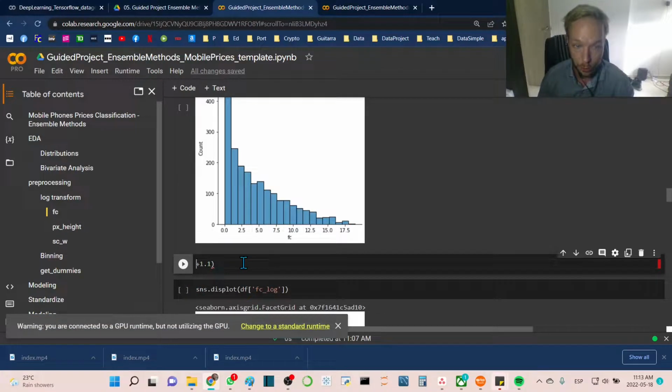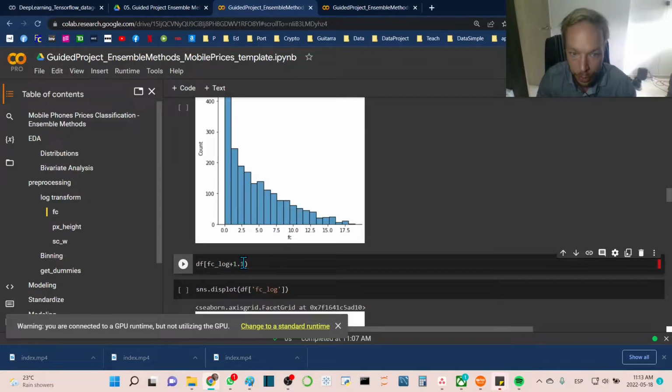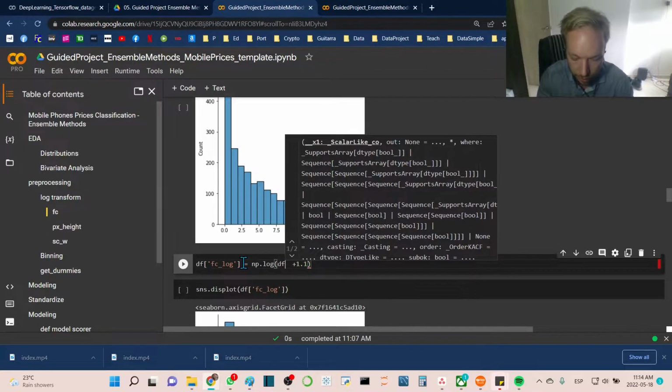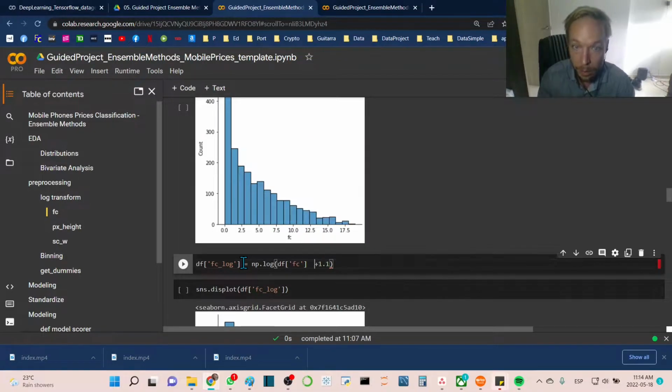So what we'll do is we'll go df, and then fc. I like to change the name just in case we decide we don't want to use it as we're experimenting. Kind of setting up an experiment is the way that I look at this. We want to see if this works, so I like to assign this to a different column and not just overwrite the original. Next we'll go np.log, and we're going to put this in the series. So we'll give this the data frame and then just the feature we want to use, so just FC. I'm adding to this